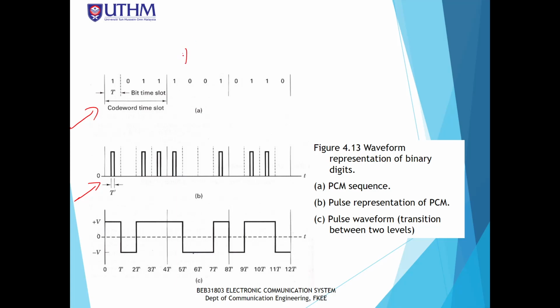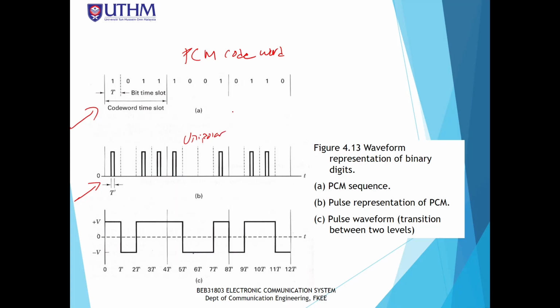Remember, this is a PCM code word that we produce after the encoding process. So now when we do the process of baseband transmission, we do the encoding process using the line coding method. Okay, so the output of the line coding, either we can produce a